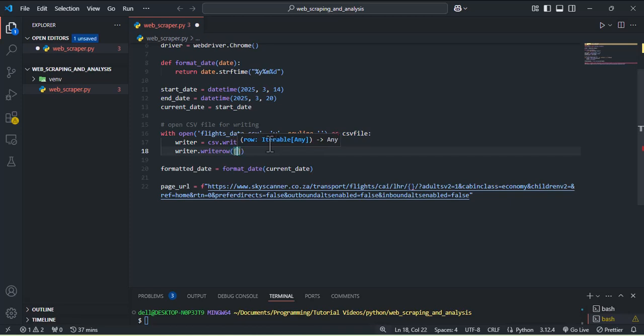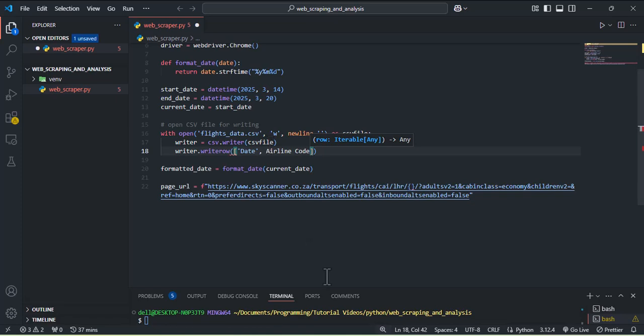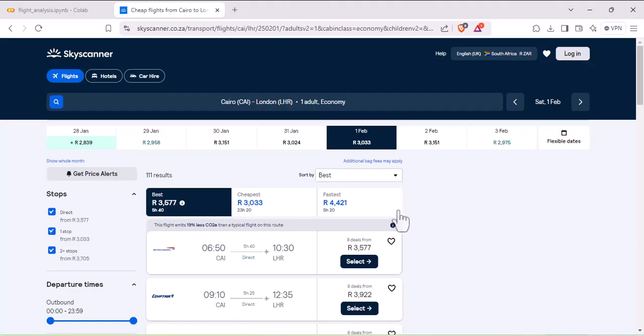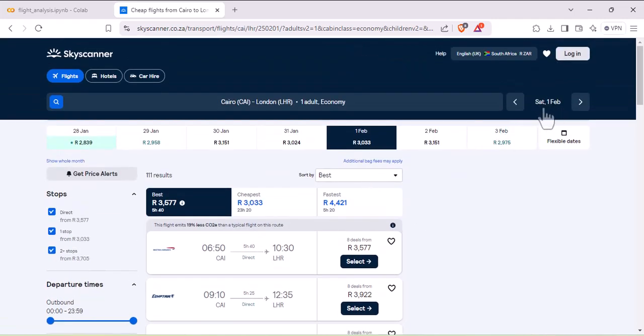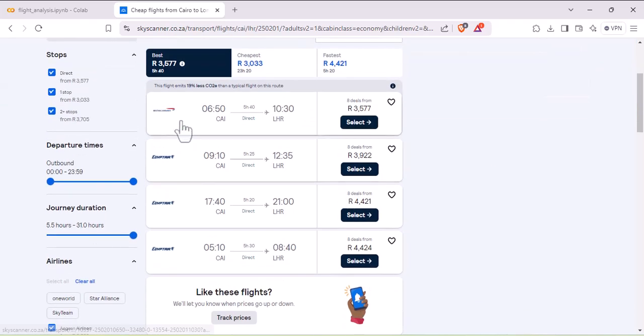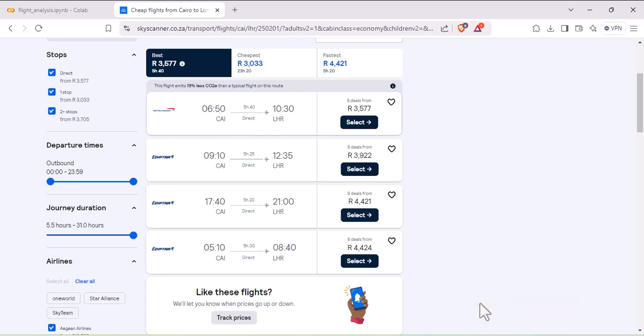Now for our heading, we actually need some key information. We need the date. Of course, you need the date. You need the airline code. Now if you look at the website that we are working with, you can see that you have set the date. You also need the airline. Like you can see from this information that they are giving us, you don't have the airline name, they only have the picture. Now if you also run the inspect element,